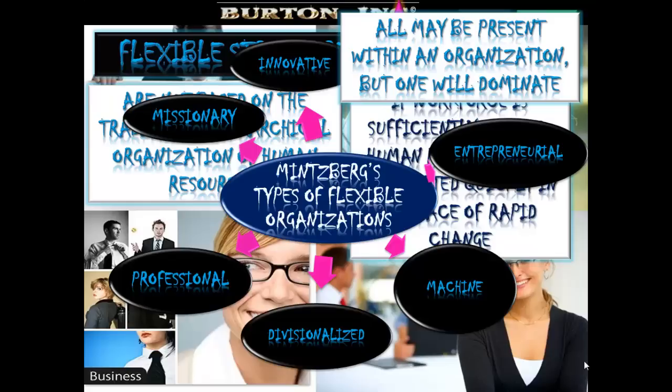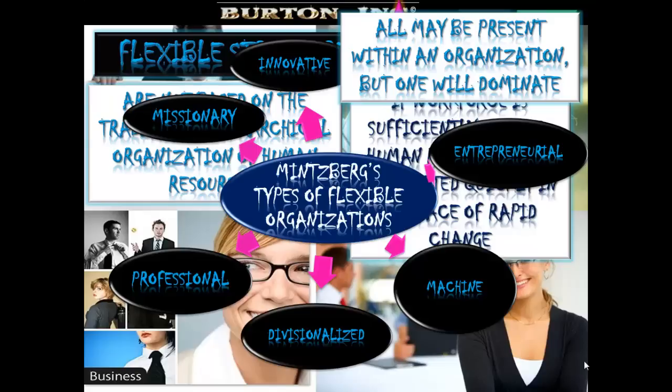Machine organisations, here coordination is done by specifying the work processes of people, such as those in the operating core or technostructure. Works based on what Mintzberg calls machine bureaucracy, specialisation and standardisation. And we've looked at these bureaucratic organisations before. Procedures are formalised so communication is clear and reliable. However, the fixed processes and procedures mean that organisation is inflexible, which may be problematic if market conditions unexpectedly change.